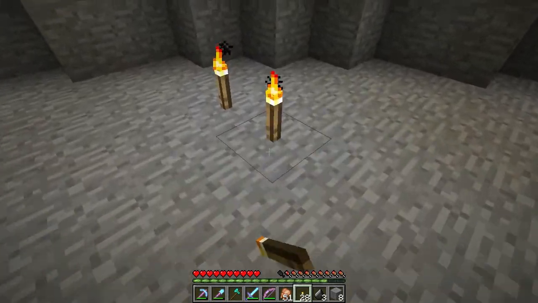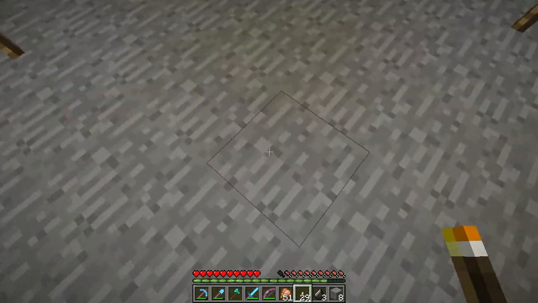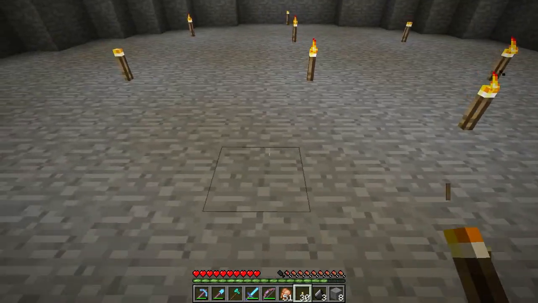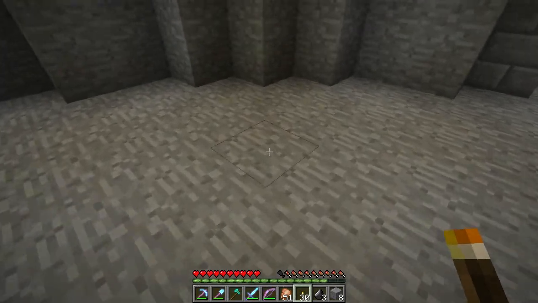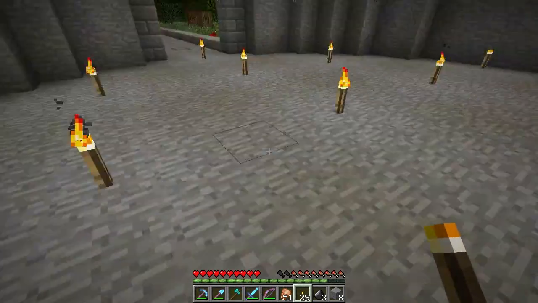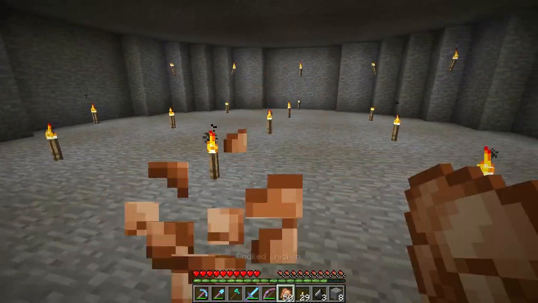1, 2, 3. There we go. 1, 2, 3. There we go. This torch is kind of random, I think. No, it's not. This torch is random. Okay. 1, 2, 3. Space. Sweet. Yeah, I think that's...